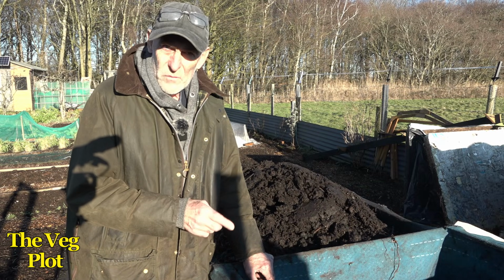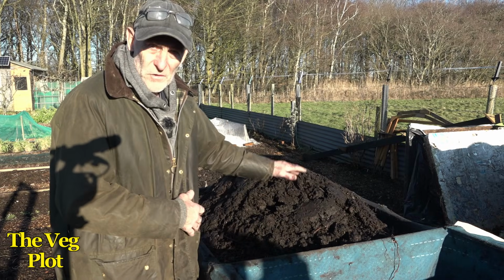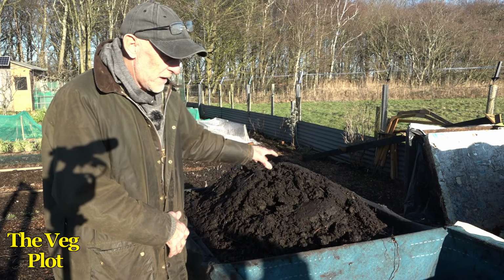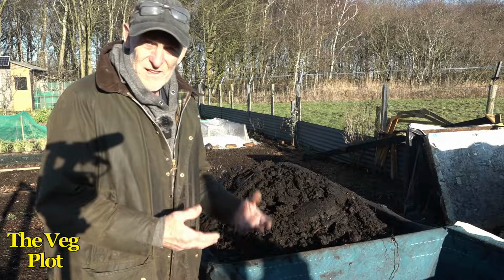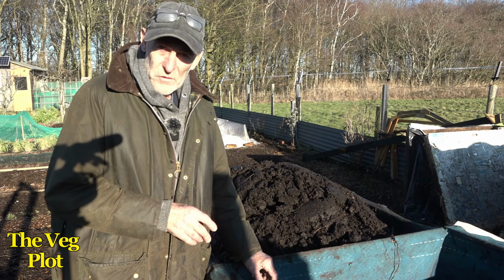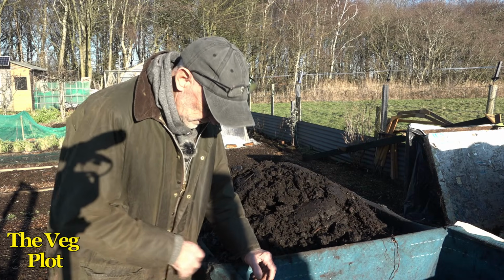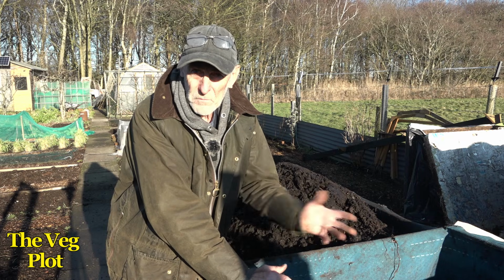So when it thawed out a little bit, because this had sunk since filling, I thought, well, I can just put that on here now. And as I started digging and just getting to the bottom, I noticed the foul smell, and that foul smell is compost that's going anaerobic. Now in this case, because this compost was finished, it was made,